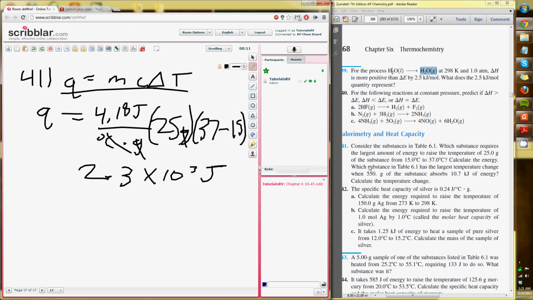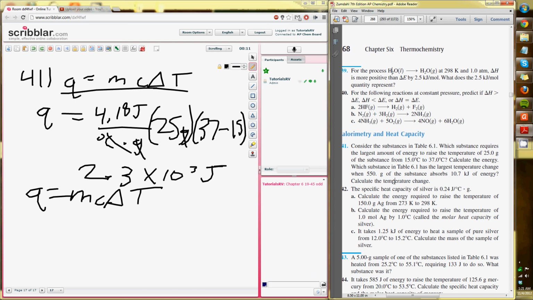Okay. So 41 is made up of two separate questions. But if you actually read the problem, it's basically asking for the same equation. So Q equals mc delta T. And this time they give you every factor except for delta T. They're asking for C and delta T here. But they give you energy, so it's